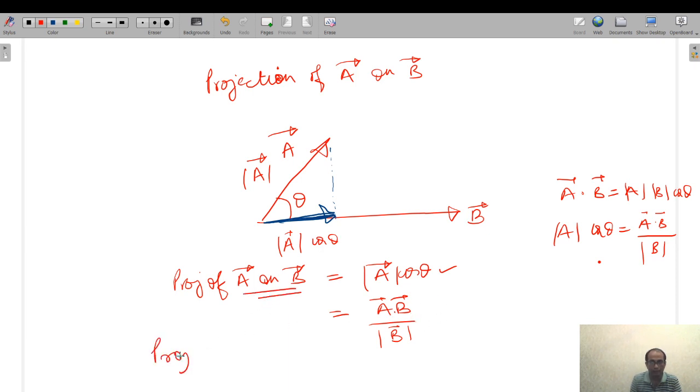Similarly, projection of b vector on vector a, यदि आपको b का प्रोजेक्शन चाहिए a के ऊपर, ठीक है, so you can draw a perpendicular from b on a, you can extend this a, तो आपको क्या मिल जाएगा, a dot b ऊपर रहेगा, but in the denominator you will have the magnitude of a. So this thing you should know, okay.